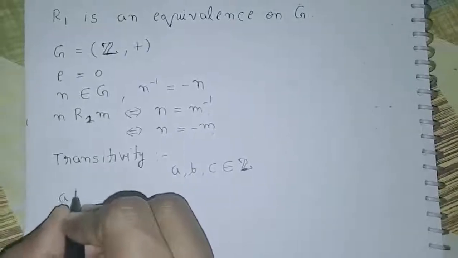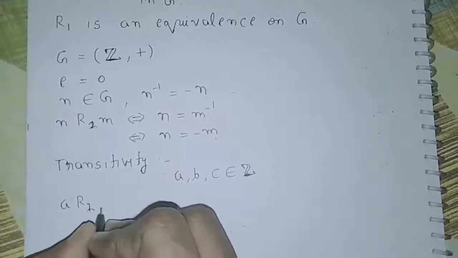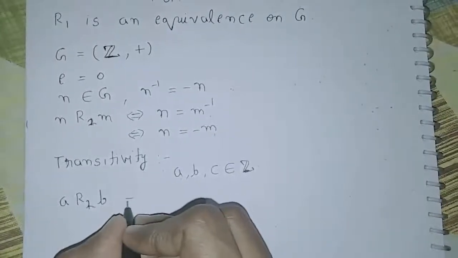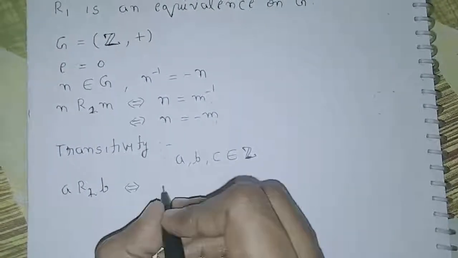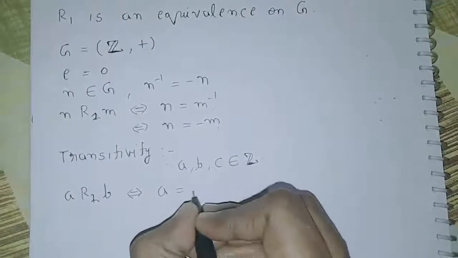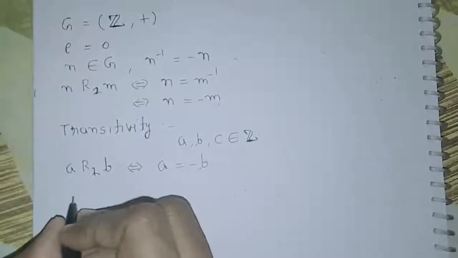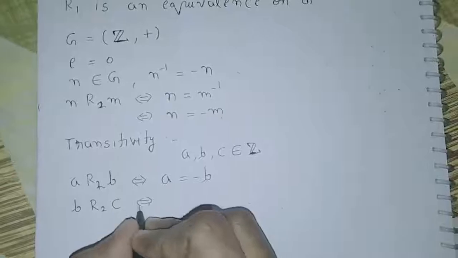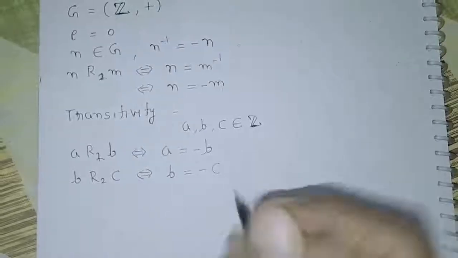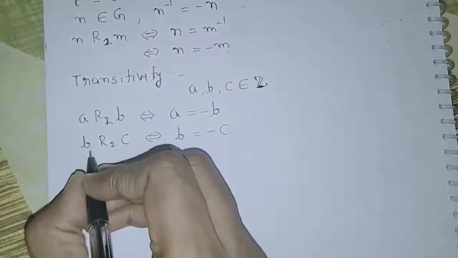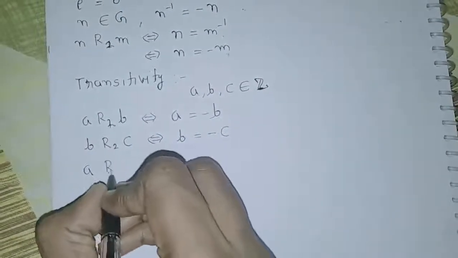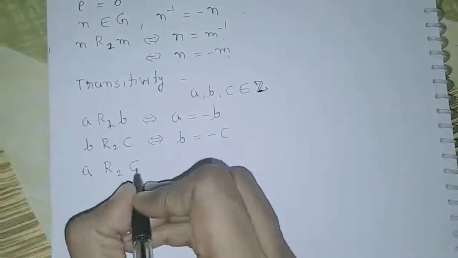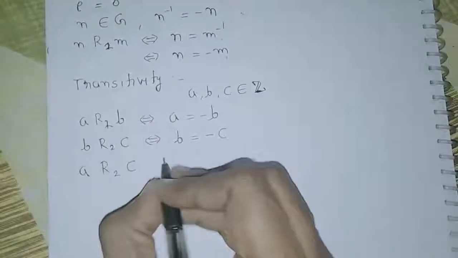If A and B are related by the relation R2, this is true when A equals minus B, and if B and C are related by the same relation R2, then B equals minus C. Now if this relation R2 is transitive, then A and C are related by R2. If we assume this to be true,